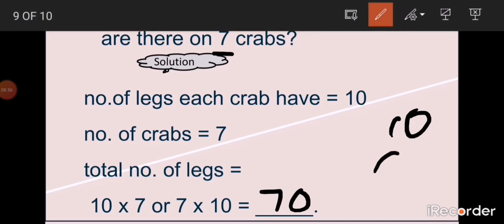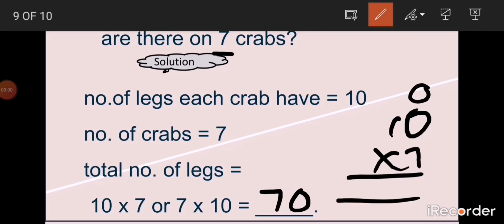Or you can check your table. You can make a rough work again like that. Then multiply by 7. Put the place value on the extreme right digit. Put O for ones. On the next digit 1, put T for tens. Now according to the multiplication rules, multiply the ones first. 7 0 times 0.